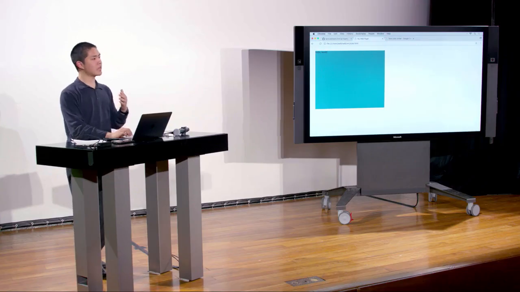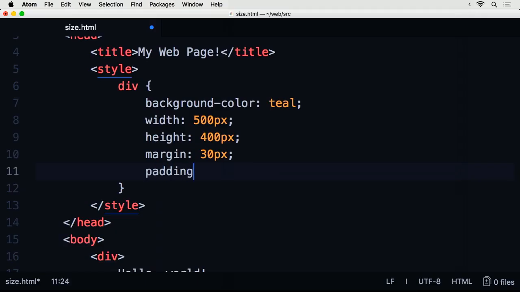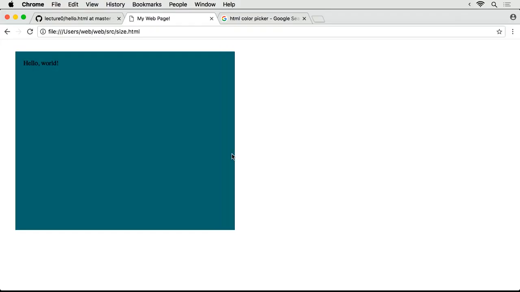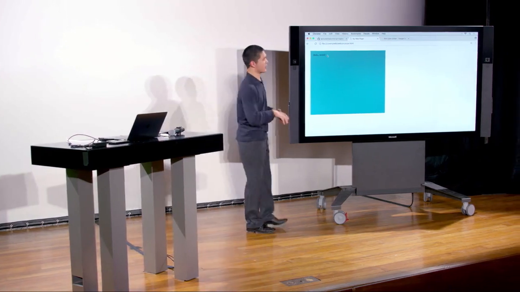And for that, I can add in another CSS property called padding. So I can say, all right, let's add a padding of maybe 20 pixels. And if I refresh that, now you'll notice that hello world is internally padded by sort of an invisible border of 20 pixels. And so margin and padding are both used in order to control spacing, but the key difference